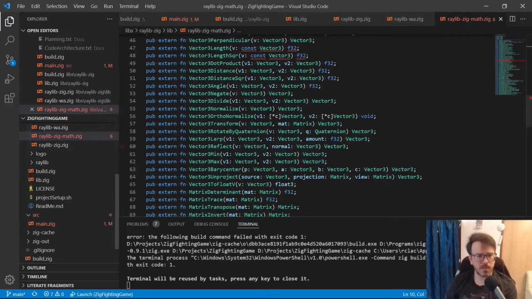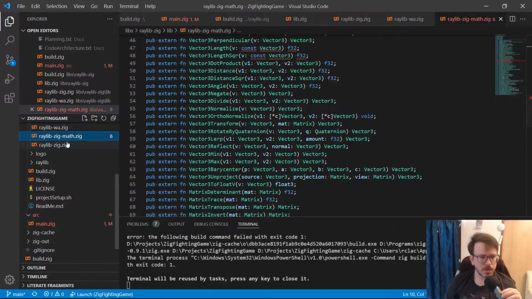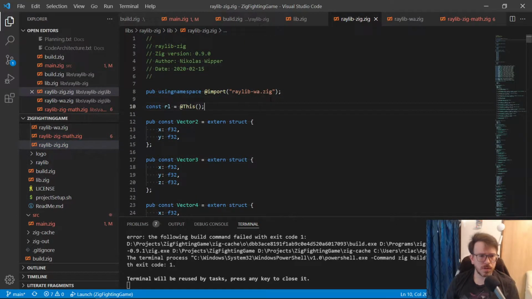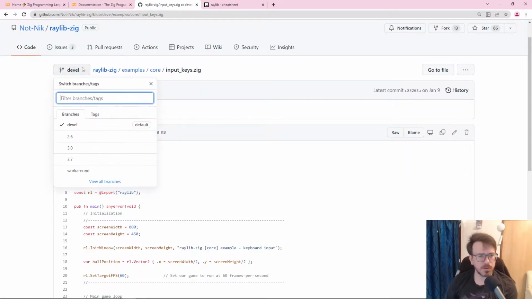Do I need to do WA and math? Oh, so it says using namespace import Raylib WA. Honestly, I don't know what that is. Are the examples out of date? I'm really confused.